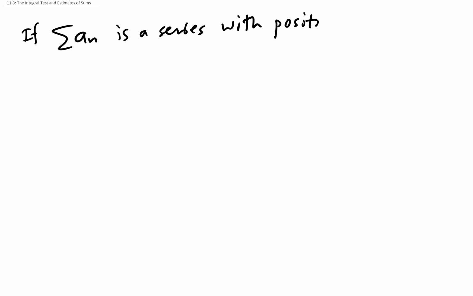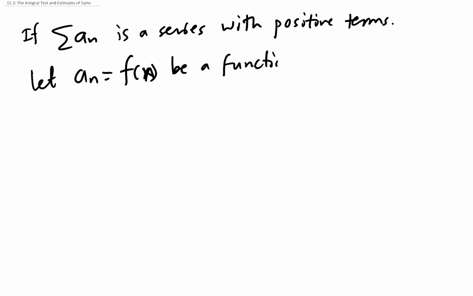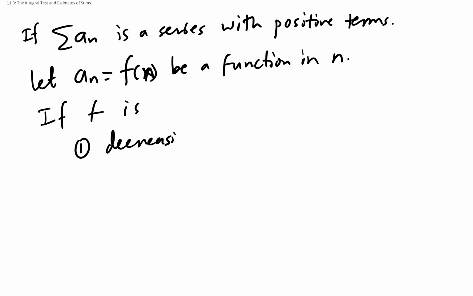Let's say the sum of a_n is a series with positive terms. So if you list the terms out, they are positive terms. We let a_n be represented by a function f(x) or f(n), so let a_n = f(n) be a function in n. If three conditions hold: f is positive, decreasing, and continuous